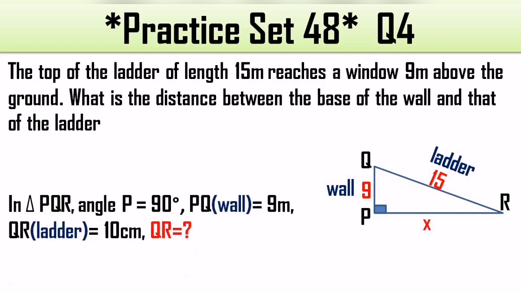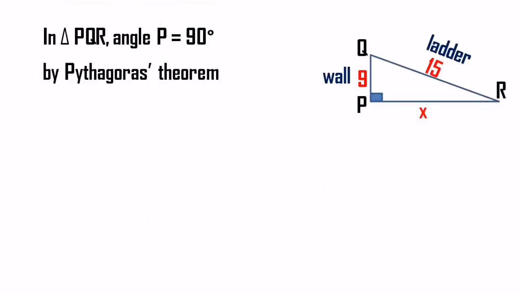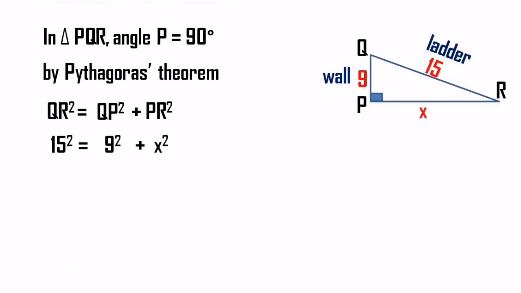According to Pythagoras theorem, we always begin the formula with the hypotenuse. So over here QR is the hypotenuse, so we are going to write QR square equals QP square plus PR square. Substitute the values, we get 15 square equal to 9 square plus x square. Observe the details specially. Next step is finding the squares of the numbers which are present in the equation. So 15 square is nothing but 225, 9 square is nothing but 81, and x square will remain as it is.